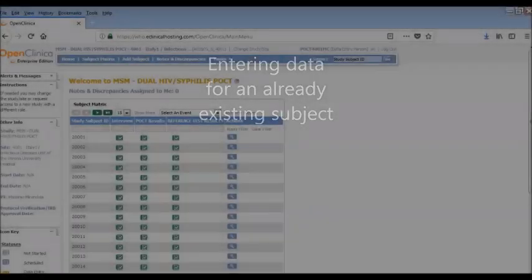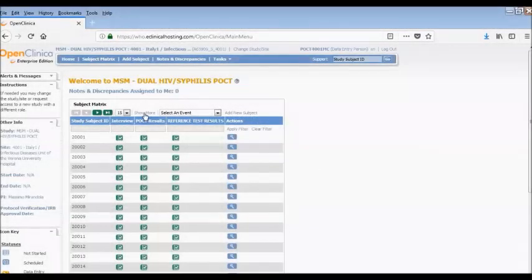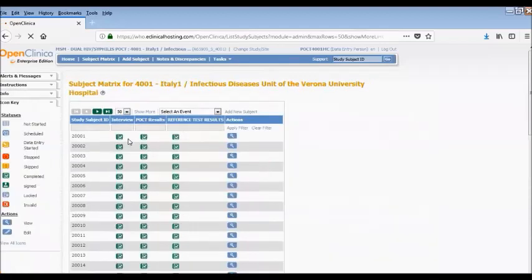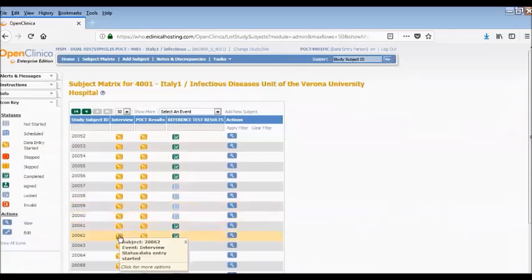In case you have to enter or to modify data for a subject already created in your system, you simply have to navigate through the subjects and select the one you need to modify. In this case, let us consider the participant number 20062. The table is organized in such a way that you can immediately see, for each participant, the status of